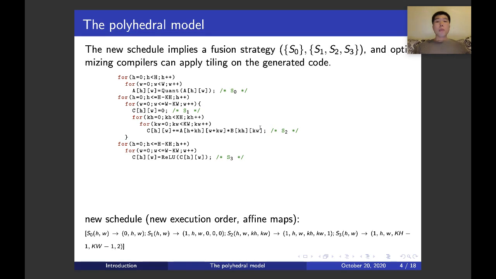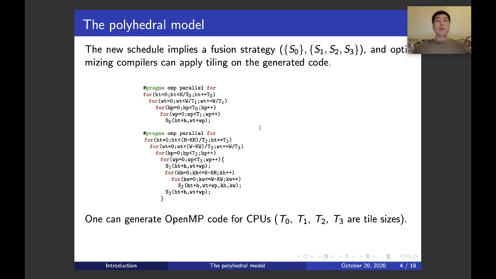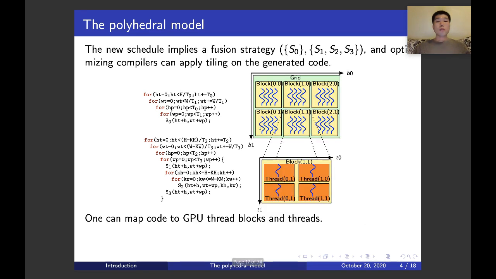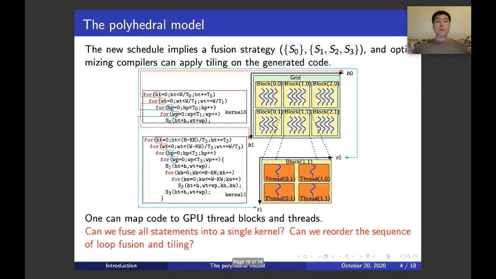For example, it groups the S0 statement into the first group and all the remaining three statements into the second group. And the polyhedral model can generate tiled code when targeting CPUs and add two OpenMP pragmas before each loop nest. It can also generate CUDA code when targeting GPU architectures, and here is the relation between loop dimensions and GPU hardware. So the question is whether we can fuse all statements into a single kernel, because we find that